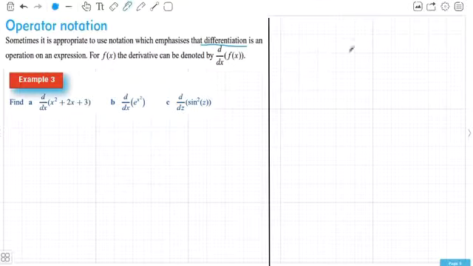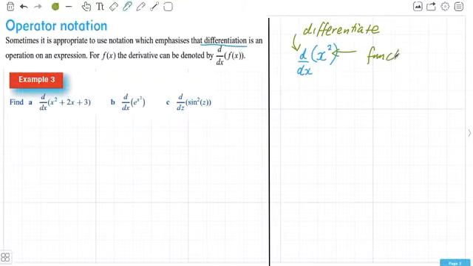So if you have a function that's wandering along merrily, x squared, and you say, I want to differentiate that function, what you do is you write d/dx in front of that function. A lot of the time you may see it written with brackets around it as well. That just shows that that's the function we want to differentiate. So this part here really tells us we're going to differentiate. This is the function we're going to differentiate. And this tells us the variable we differentiate